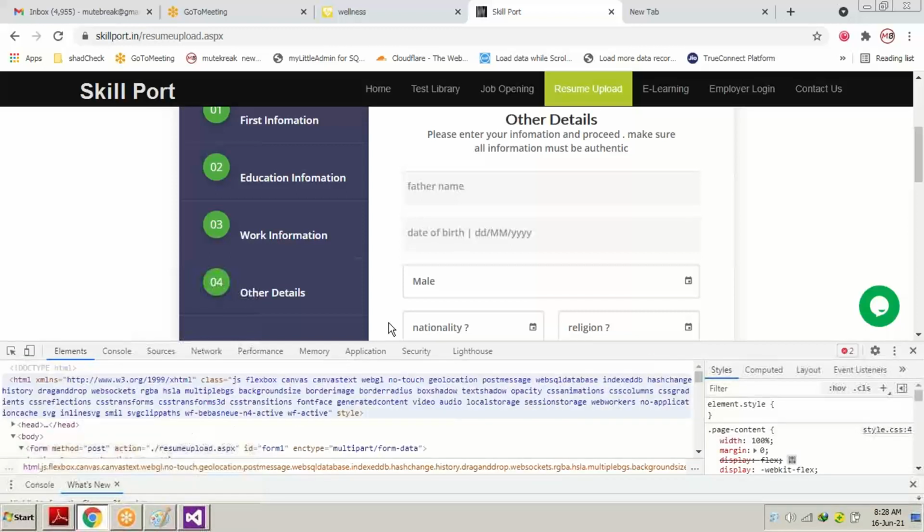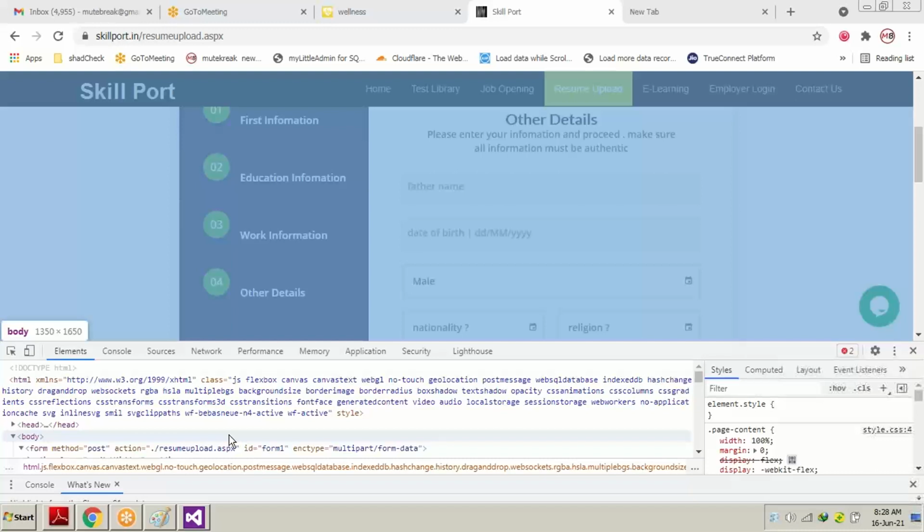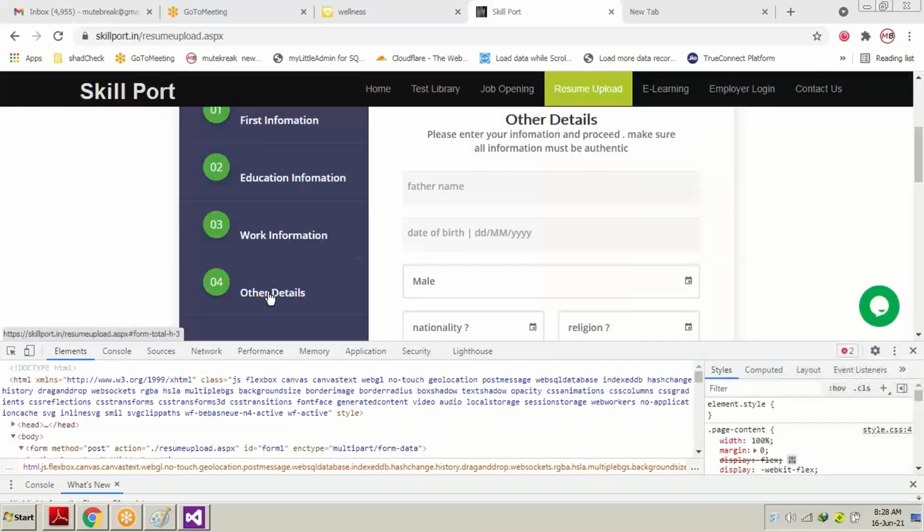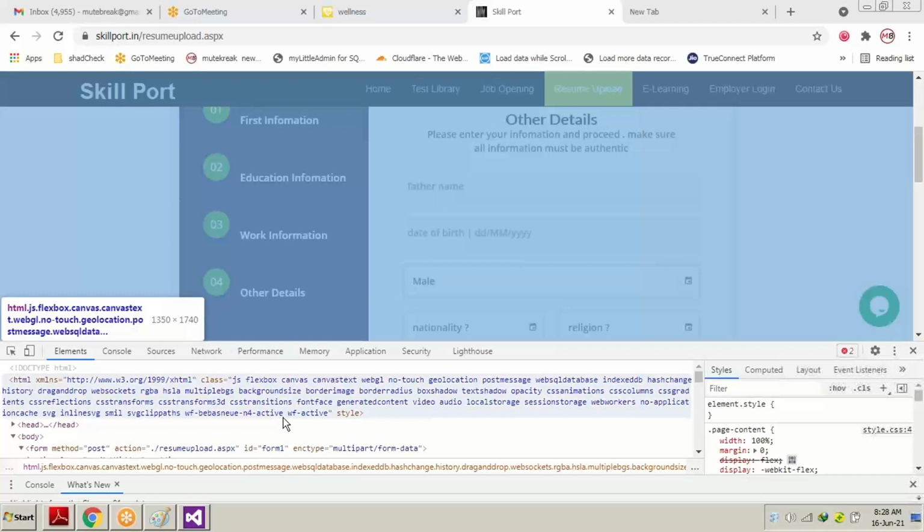But the difference between view page source and inspect is this, that in inspect, if we want to change anything, we can find the source and the target very easily. Suppose I want to change the color of the font, and I want to know where this CSS and design code has been written, so that I can go directly to that particular CSS file and change the font color.